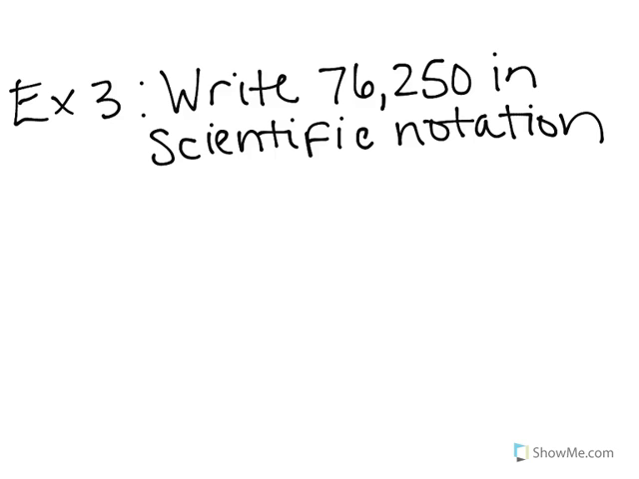My next example is we're actually going to go backwards this time. We're going to write 76,250 in scientific notation. So let's go over the outline of scientific notation again. We first have a number, and that number is times 10 to some sort of power. So we've got to fill in those blanks there. So we're going to first put this number